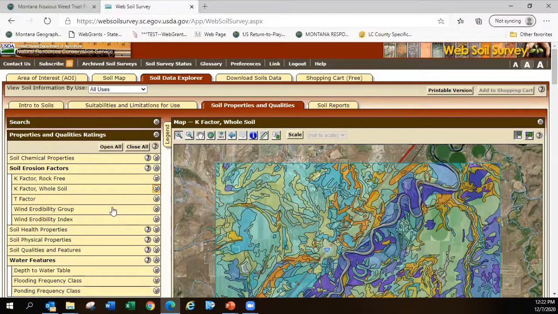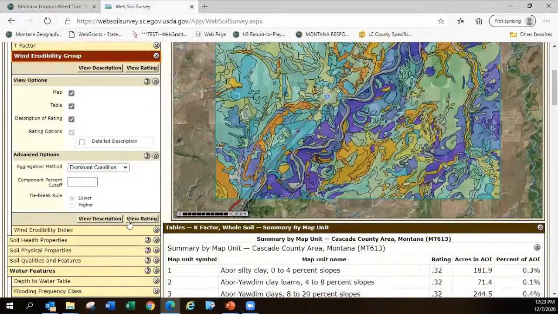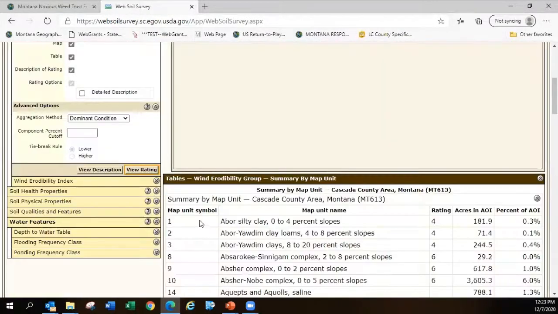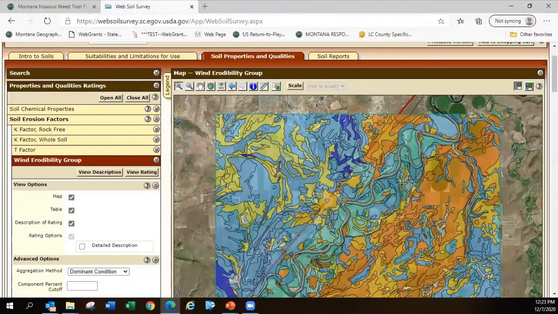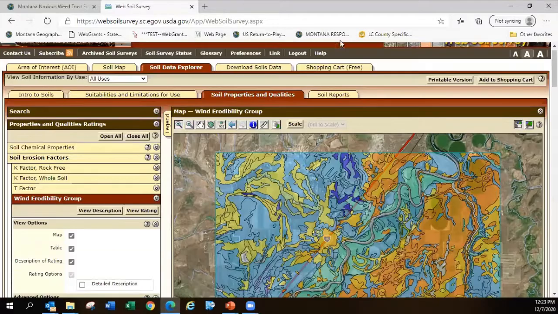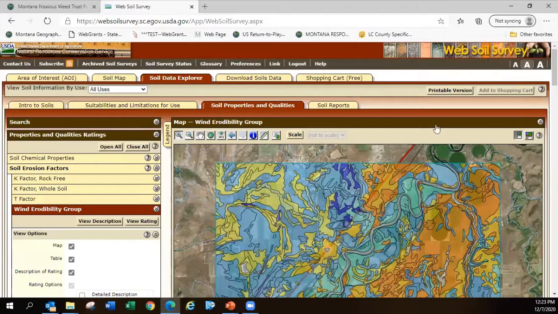And we're going to do the wind erodibility group. So we're going to click on that one. Scroll down. And we are going to click view rating. And then once that map is produced, we are going to go up and add to the shopping cart and click OK. And then we are going to go find the soil chemical properties, which as you can see